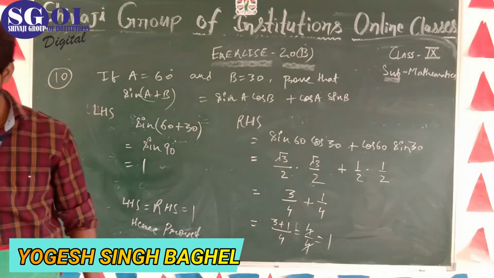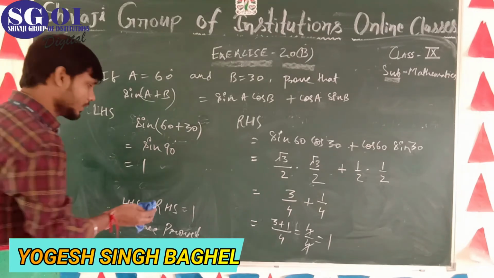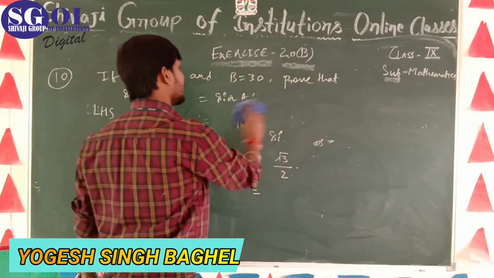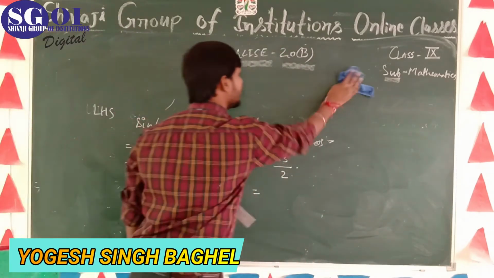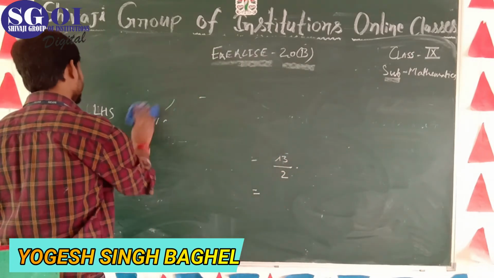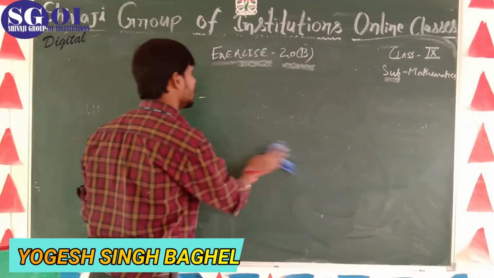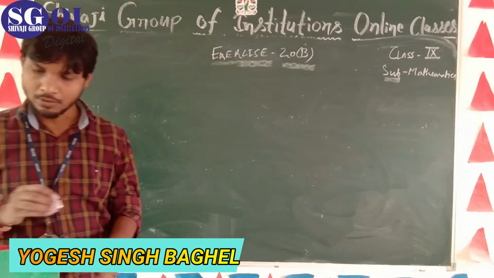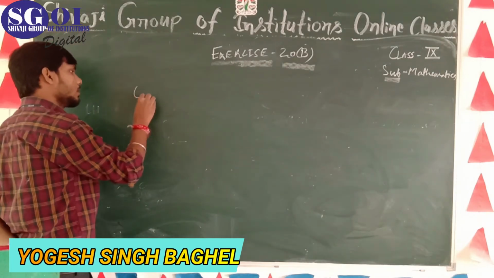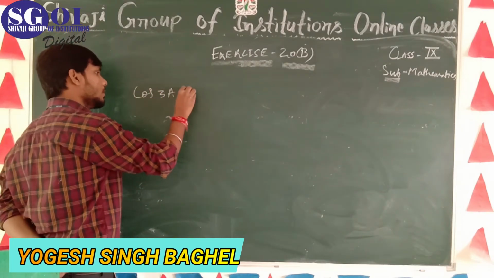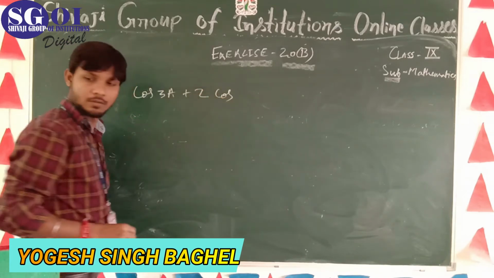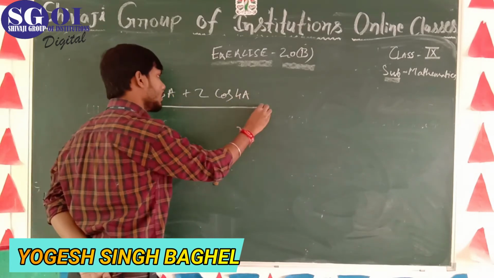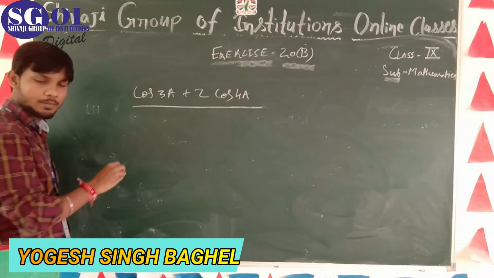Now let's see the next question, 11th number, which is also just like it. In 11th number, the question is given. See in your book, exercise 23. Question number 11 is (cos 3A + 2 cos 4A) upon (sin 3A + 2 sin 4A)